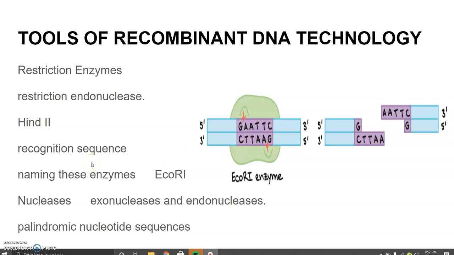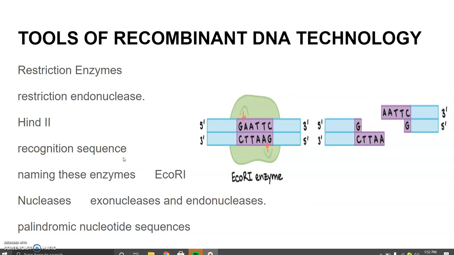Now these specific base sequences are known as recognition sequences. So this is the recognition sequence where they can recognize the site. Now these are the recognition sequence for HindII. Besides this, today we know more than 900 restriction enzymes that have been isolated from over 230 strains of bacteria, and each of which recognizes different recognition sequences.